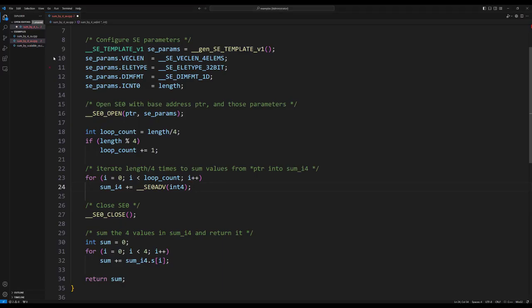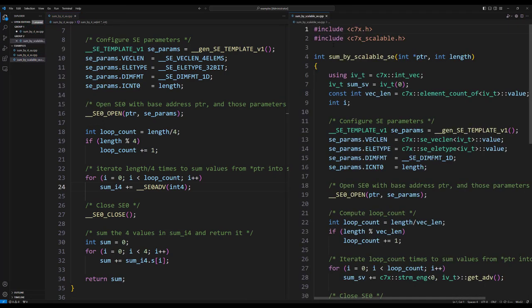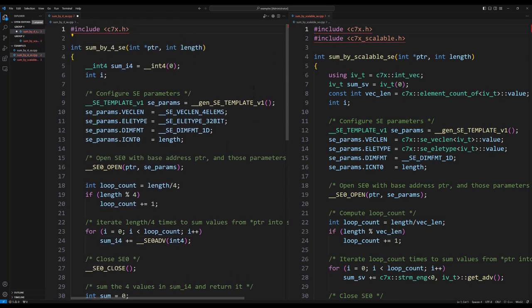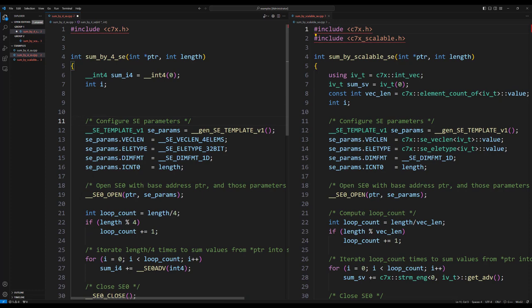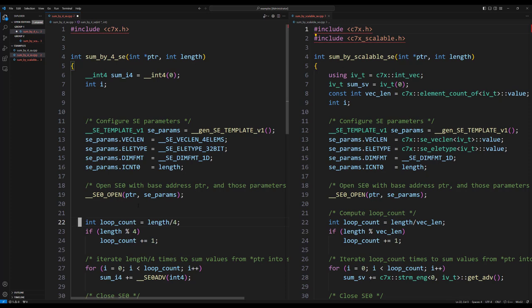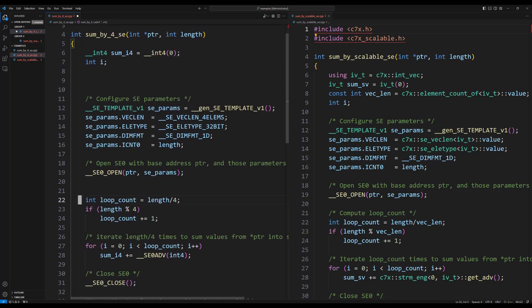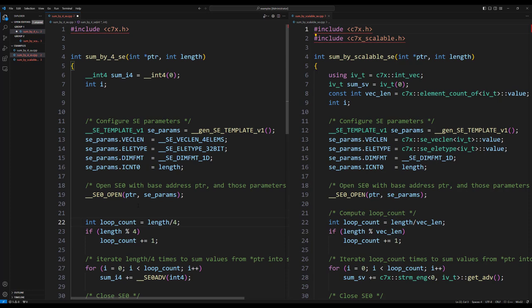Now I will open up the third example. The purpose of the third example is to show how to use the SE in combination with scalable vectors. So the first thing I'll do is line up things that are similar. Okay, that's pretty good.